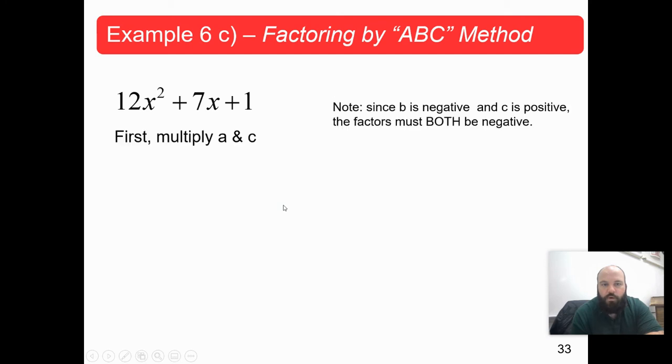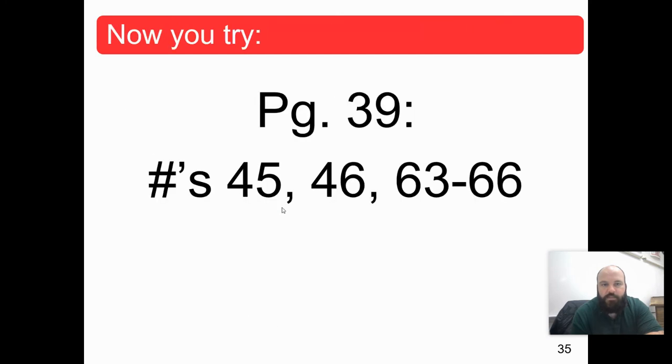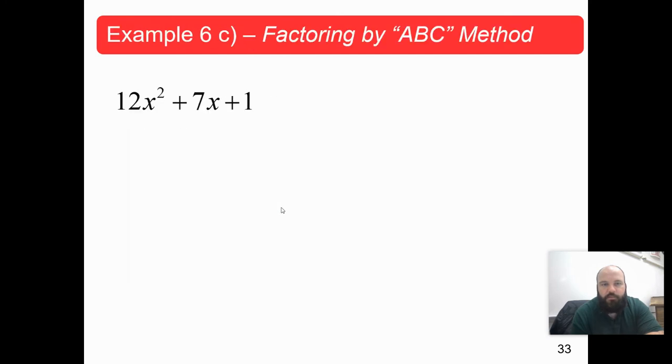Okay, we have one more to do here. Actually, that's not true. We're going to do two more. So let's do it. Once again, you can see this is a trinomial. There are three terms in this. The lead coefficient is not 1. So anytime you have a trinomial, three terms, and the lead coefficient is not 1, you're going to have to